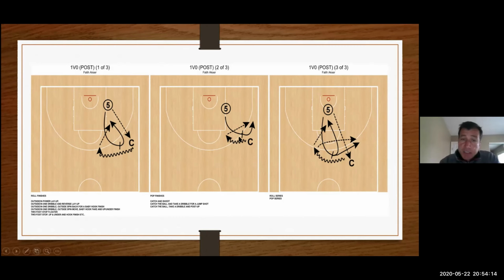The second diagram just demonstrates the idea. If you have a big man who's able to shoot the ball, now they set the screen and pop. We teach them how to set the screen. We teach them how to spin and pop themselves out. Most of the time, traditionally, you set a screen and you just open up yourself on the inside. In this type of situation, I love our players to be able to just set the screen and crossover, step forward